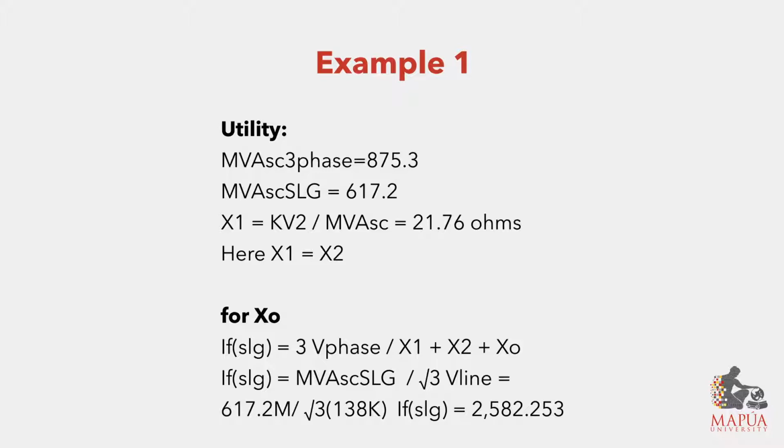To compute, that is equal to the MVA under short circuit for a single line to ground fault divided by the square root of 3 times the line voltage, which is 617.2 MVA divided by the square root of 3 times 138 kV. So that gives us a magnitude of fault current for a single line to ground fault,